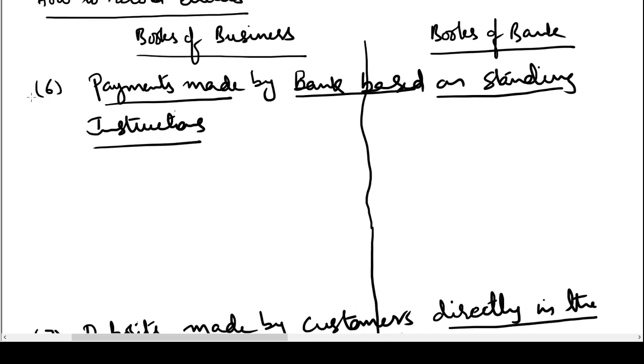So in such cases, what the business does is, instead of instructing the bank every time to make the payments, they give some standing instructions to the bank that on this date you make so much payment to the vendors or to the suppliers or to the landlords. So we tell the bank, come 10th of every month you make the payment of rent, come 5th of every month you make the payment of the telephone bills, come 6th of every month you make the payment for the electricity bills of the business.